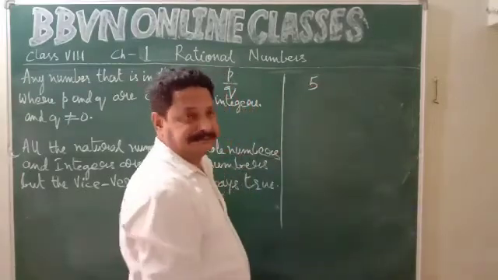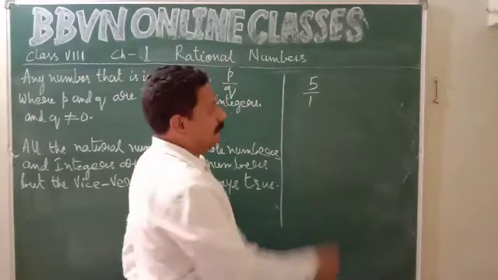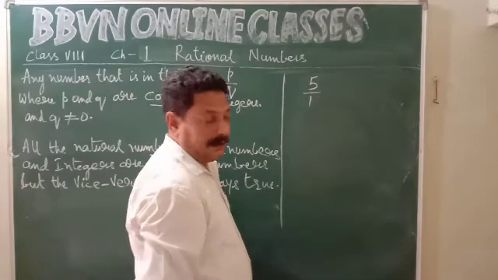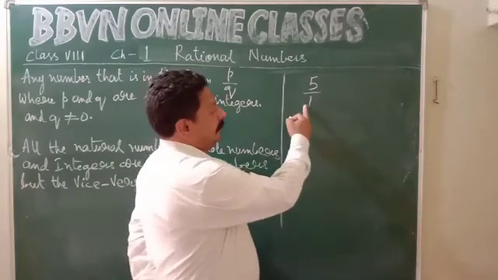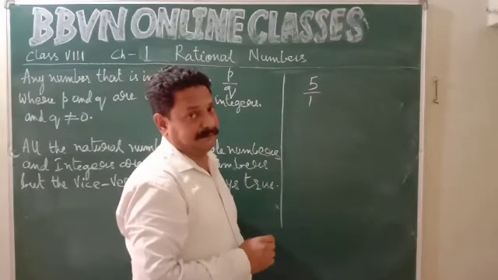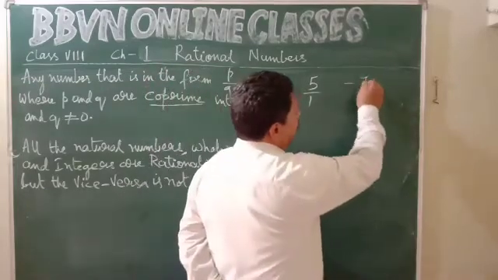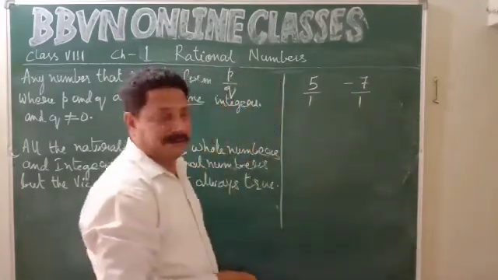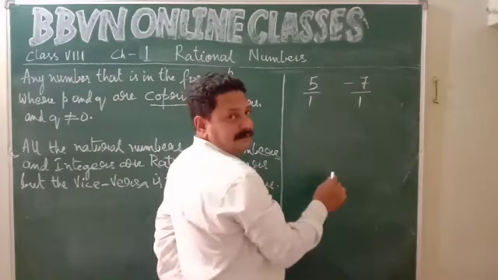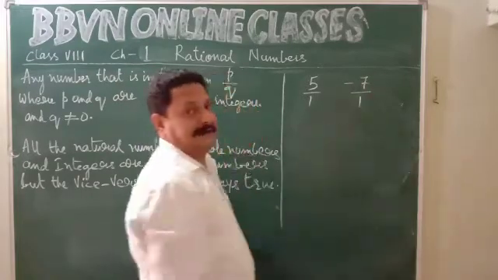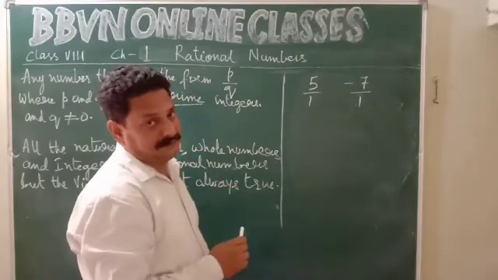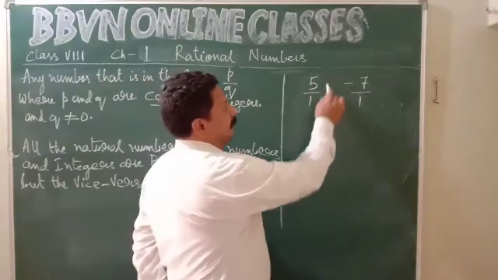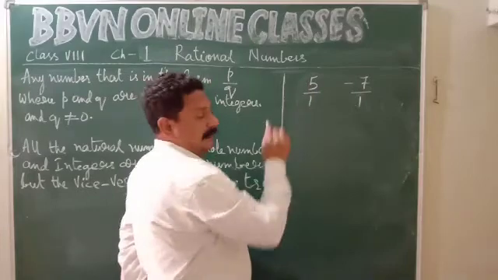5 is a natural number. I can write it as 5 upon 1. P is 5, Q is 1. 1 is also an integer, 5 is also an integer. Okay, but I cannot write it as minus 1. Because if I write this as minus 1, this will become minus 5 upon 1. Okay, I have minus 7. Minus 7 is an integer. I can write it as minus 7 upon 1. Okay, so this is the form P upon Q. P is minus 7. I cannot take this as negative. In that case, the identity of the number changes. Because the negative sign will nullify with this negative sign. Here if I take minus 1, this will become negative, whereas I already had positive 5.